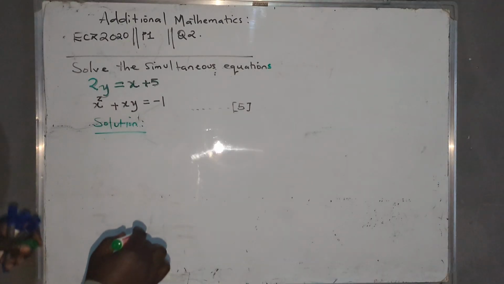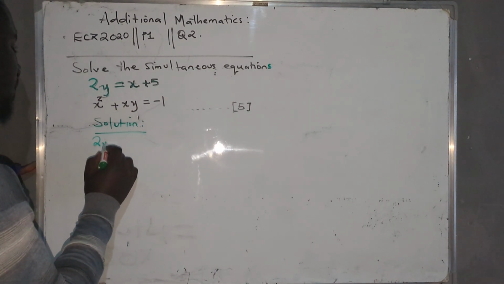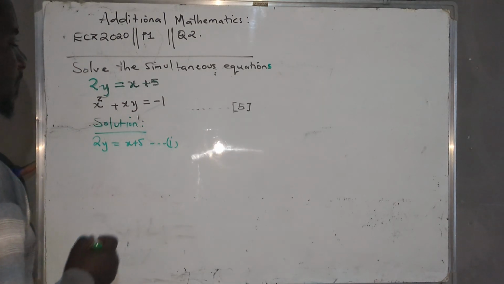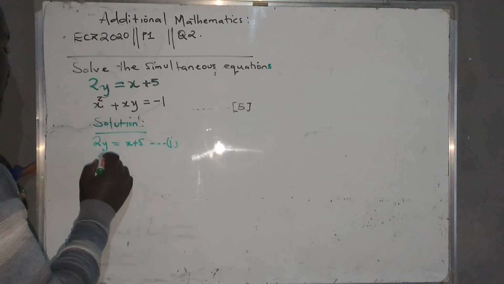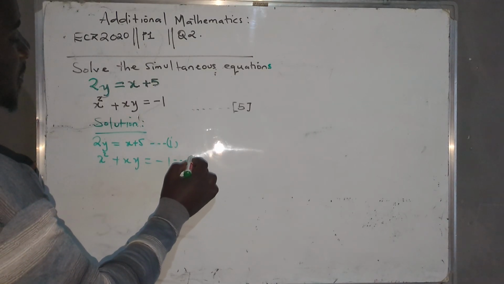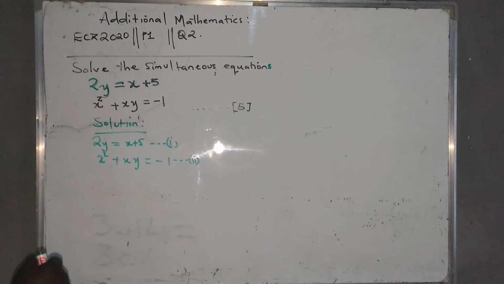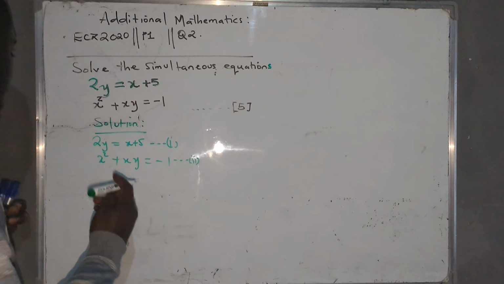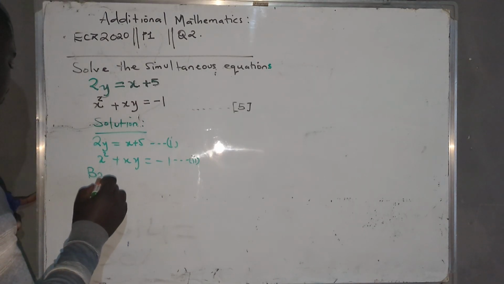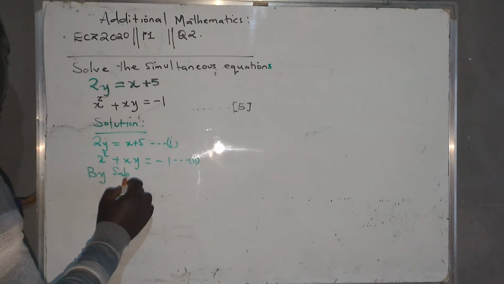So the first step that we're going to take is naming the equations. We're going to name the first equation as equation 1, and then the second equation, just copying it as it is, we're going to name as our second equation, equation number 2. And then from here, we're going to use what we call the substitution method. All right. So by substitution, for additional mathematics, I love writing statements. So by substitution,